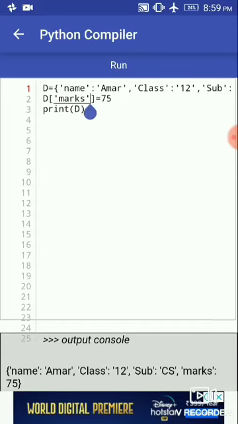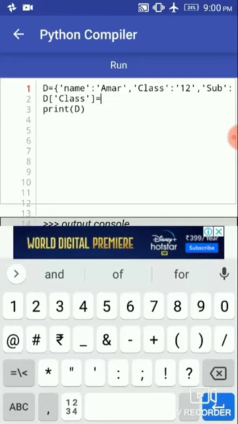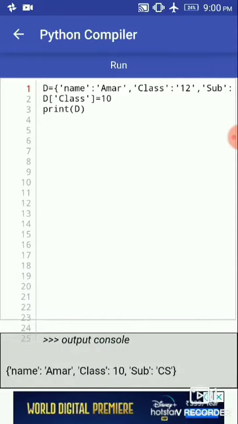If we want to change the value of class in the dictionary, we use class and just change it here, and the change will appear in the output. So we change the class to 10, and when we run the program we get class 10. So the value of the class key is updated.